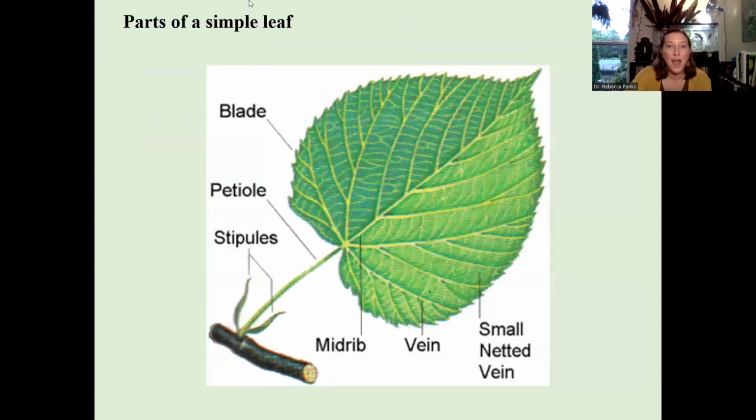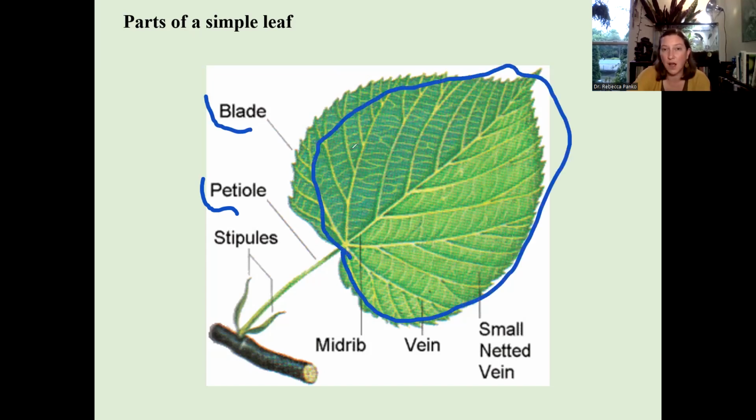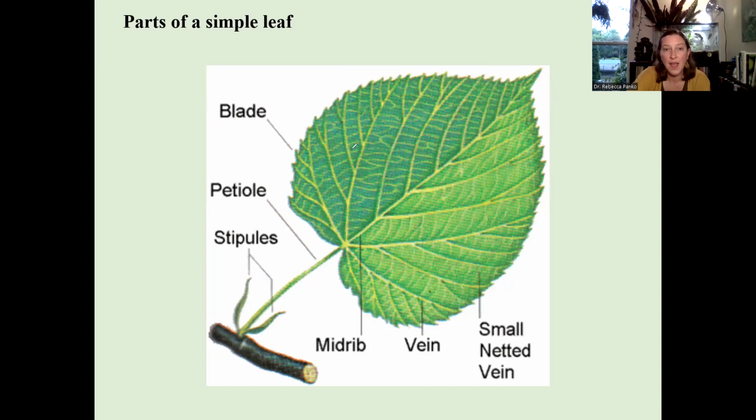All right. So a lot of leaf shapes. We'll start with these more simple shapes that you're probably used to. So there are parts of a simple leaf. We've covered some of them just now. I'll stick with blue. You've got the petiole, which is the stem thing right there. You've got the blade, which is the flat green part. Then you have veins. So remember,